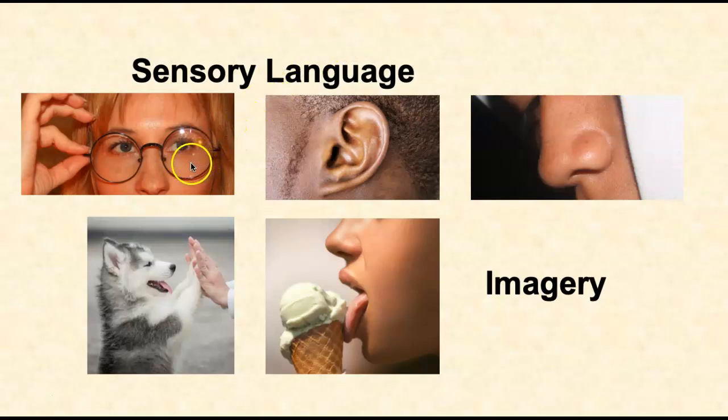So, the writer needs to describe how things look or what he or she wishes the reader to see in his or her mind. The writer also needs to describe what is heard. And sometimes writers will write about how things smell. Writers also often describe feelings or emotion or the way things feel to the touch. Sometimes writers describe how things taste. Poetry usually includes sensory language or imagery.